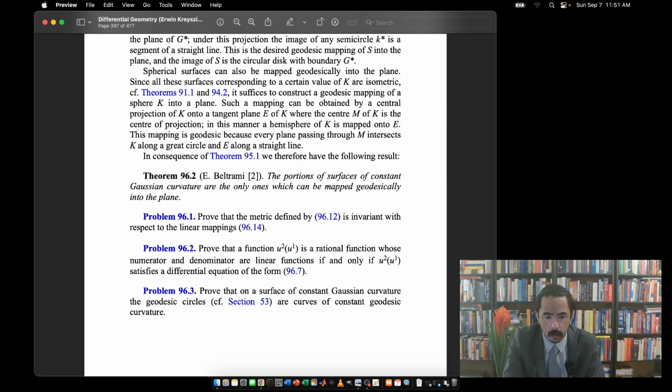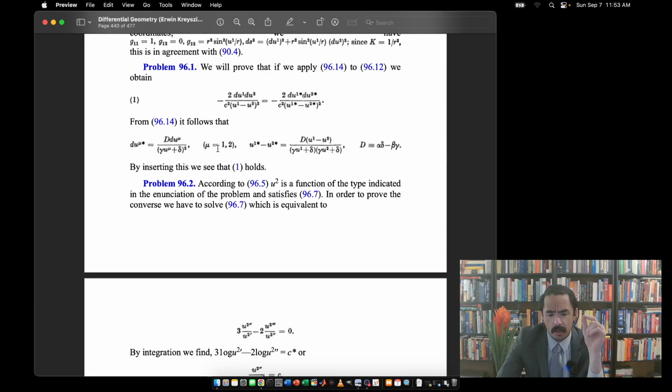Problem 96.1. Prove that the metric defined by expression 96.12 is invariant with respect to the linear mappings of expression 96.14. The solution is as follows. We will prove that if we apply expression 96.14 to expression 96.12, we obtain negative of the fraction with a numerator of 2 times du1 du2 over a denominator of lowercase c squared times the quantity u1 minus u2 closed quantity squared,